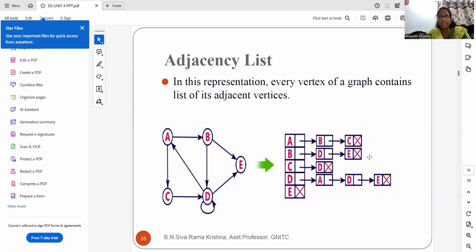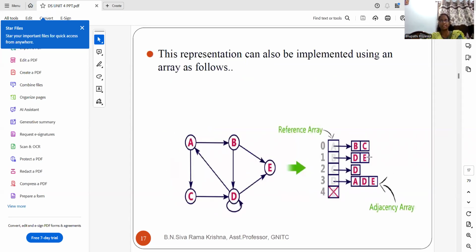This is a list representation and this is an arrow representation. A, we have the vertices B and C. Next vertex is B. We have a vertex to D and we have a vertex to E. Next is C, C to D, and we are not traveling to any other vertex through C. We are traveling only to D. So C to D. Next D, D to A, D to E, D to C. We have a self loop. So D.